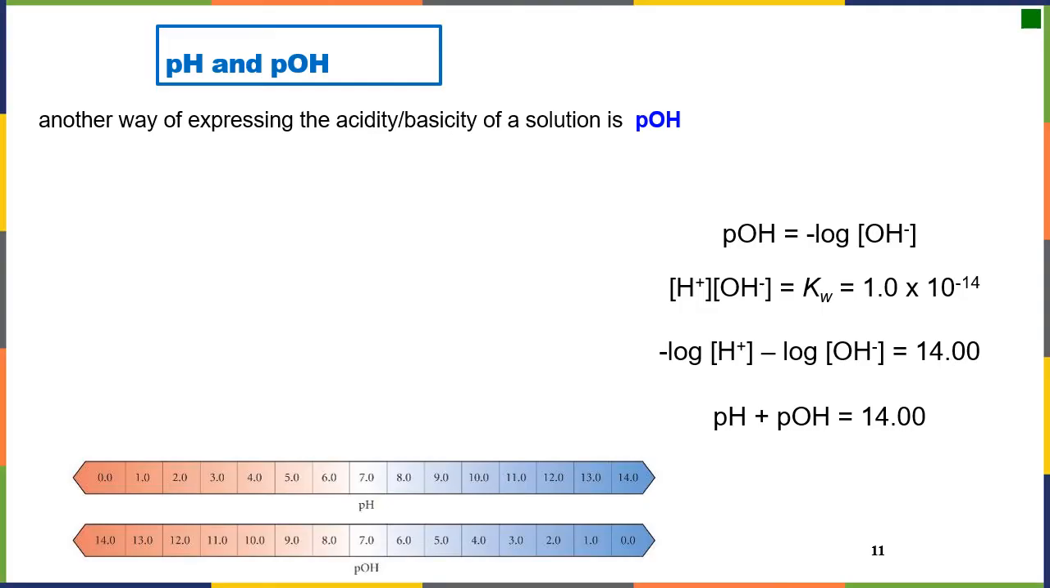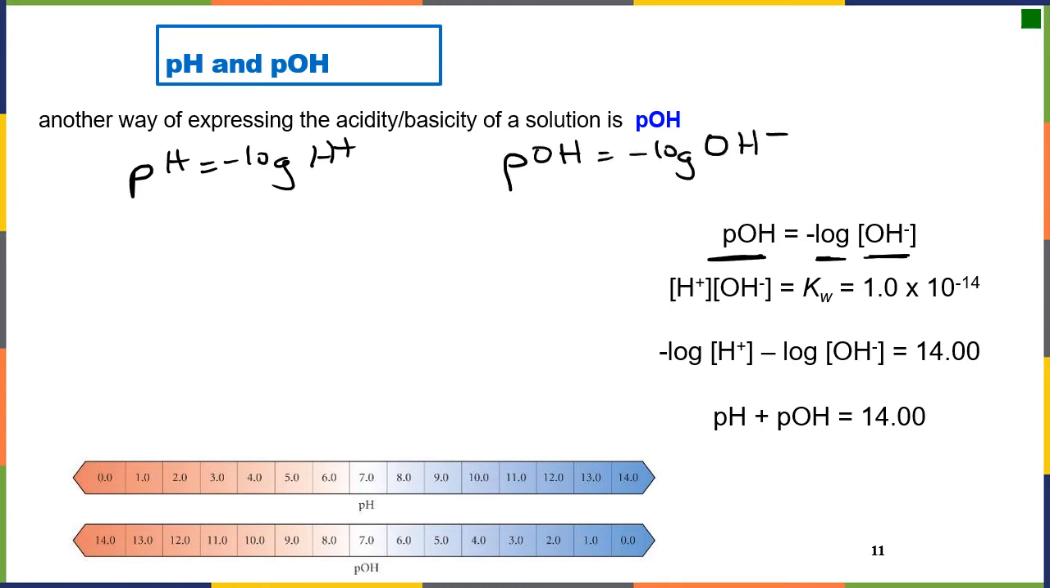So let's make sure we understand pH and pOH. We know that pH is the minus base 10 log of the H plus concentration, and p itself just means minus base 10 log, so we can also take pOH. Well, pOH is the minus base 10 log of the OH minus. So we can go back and forth between pH and pOH because we know